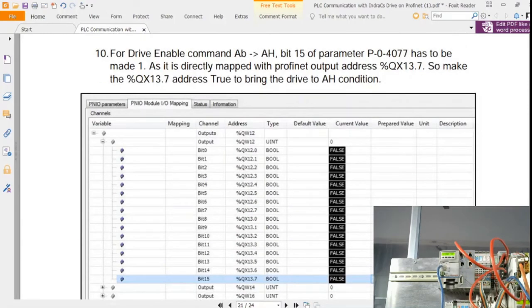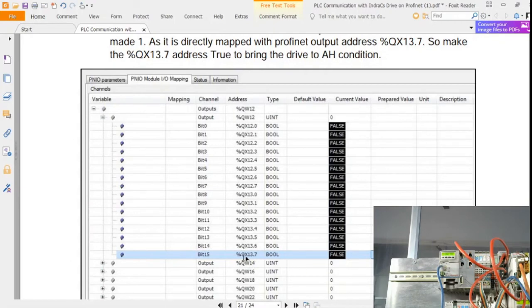So the next important thing is, for changing the drive from the drive enable command AB to drive halt AH, we need to make the 15th bit true, right? That is QX13.7, which needs to be changed from false to true. So just to calculate here, you make that one 1, and all the others 0.